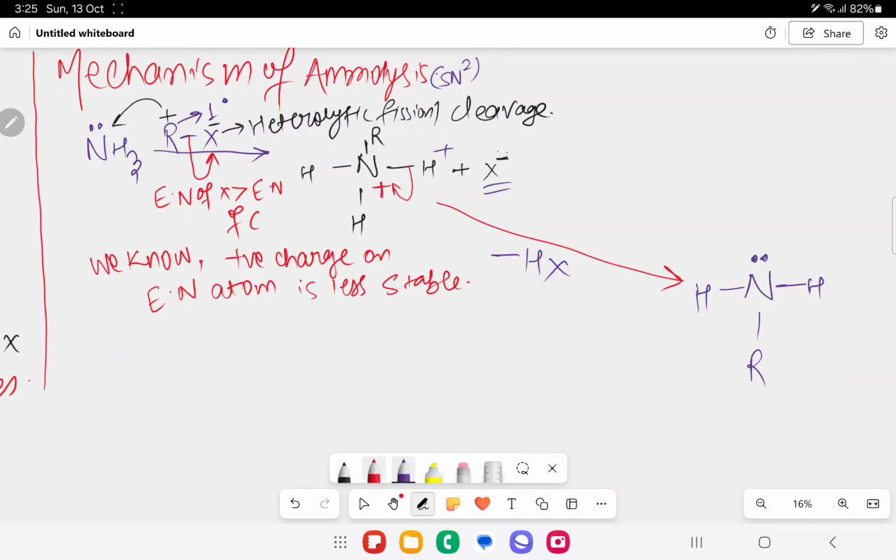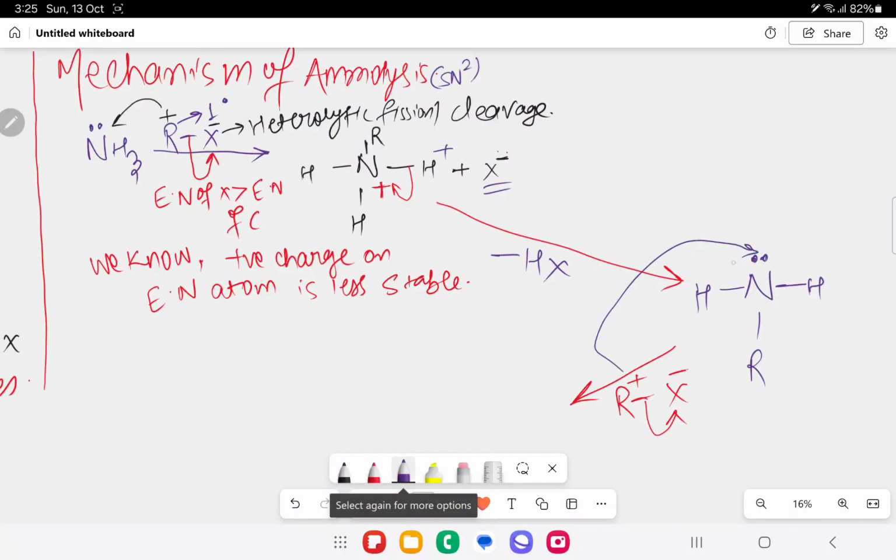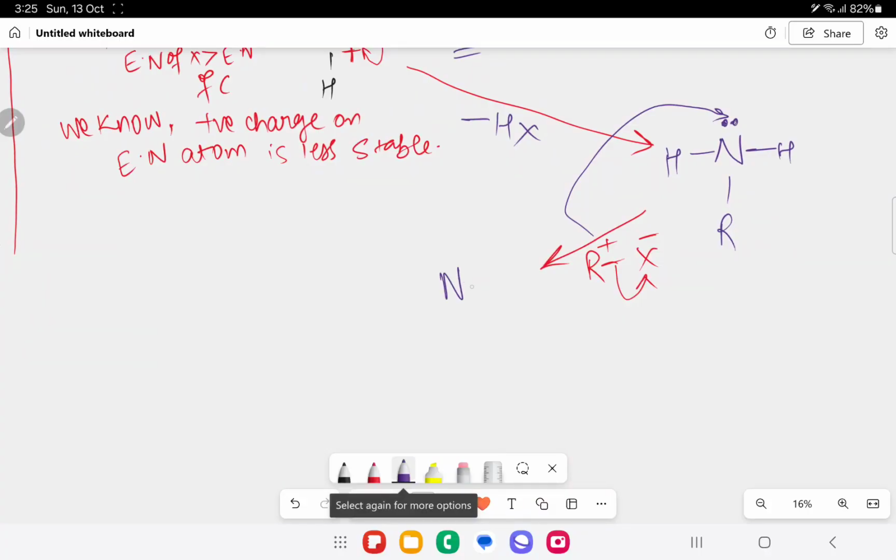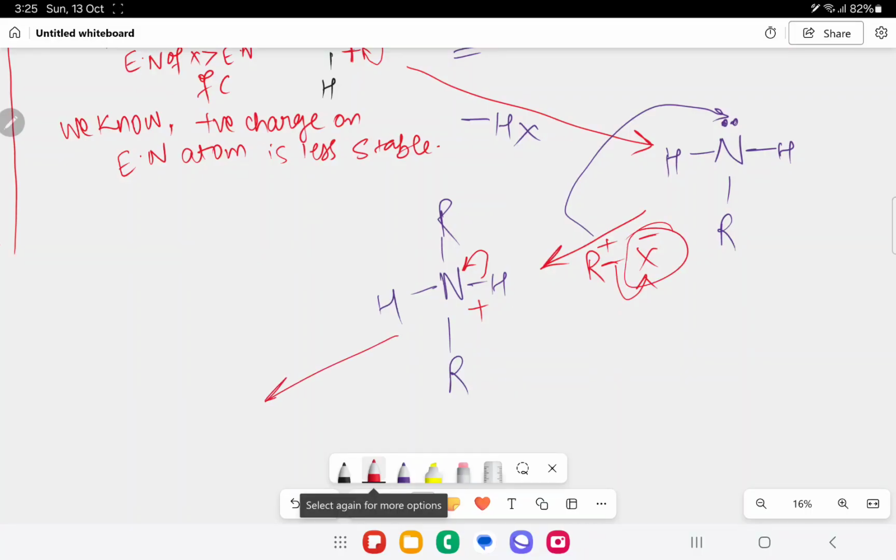This is the mechanism. Now if we have 2 mole, another 1 mole of RX will come. Now again it will undergo heterolytic fission, one will get negative, one will get positive. Now this positive is attacking the lone pair of nitrogen. From here you will get NH, R, over here R. Now this nitrogen again gets positive charge, again it will take the lone pair of electrons from hydrogen, and one X minus is there, so that X minus reacts with it and leaves as HX, and you will get the final product as